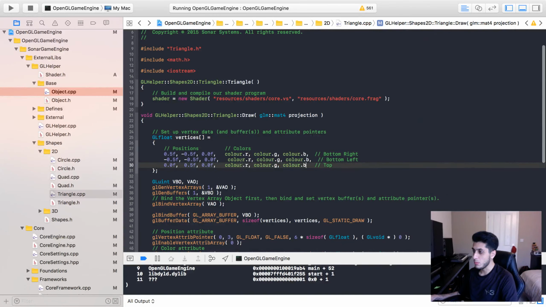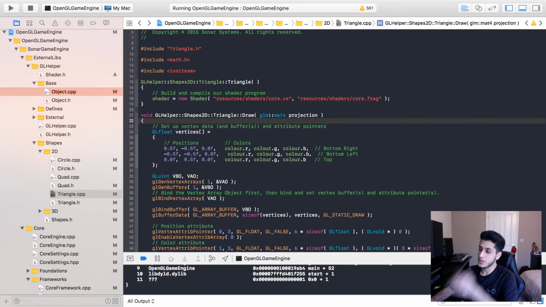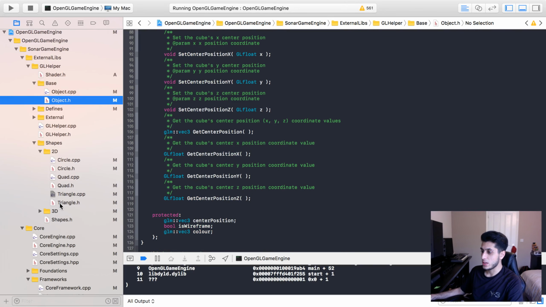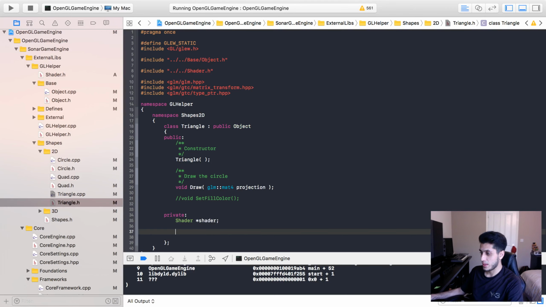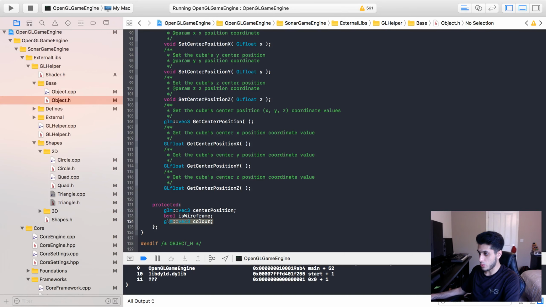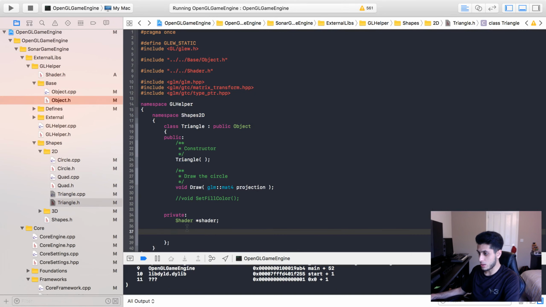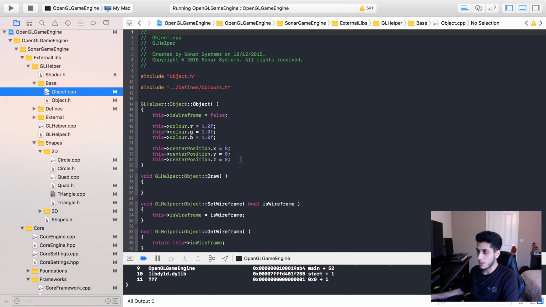But again, this is great if we want to set one uniform color, but what if we want to set colors for every single vertex? I'm just trying to think what's the best way to do it, because what we could do is in the object triangle header have a sort of vector there. I think it was the vector that we created. No, it was not. It was the built-in GLM vec3. So if I do GLM vec3 fill color, by default the fill color